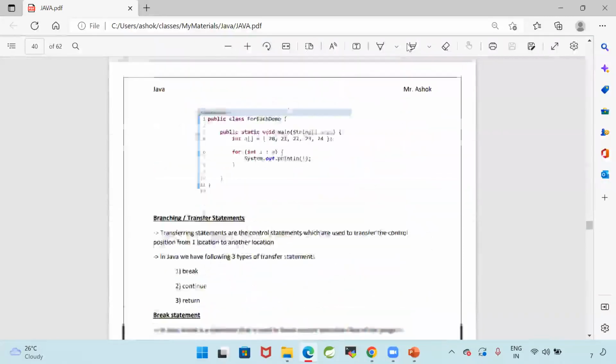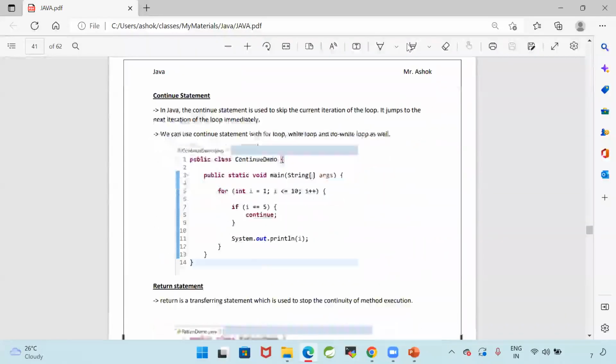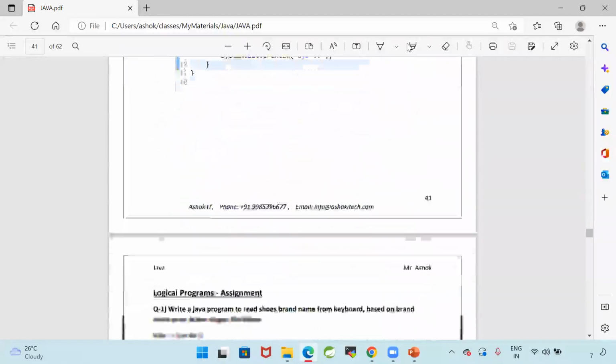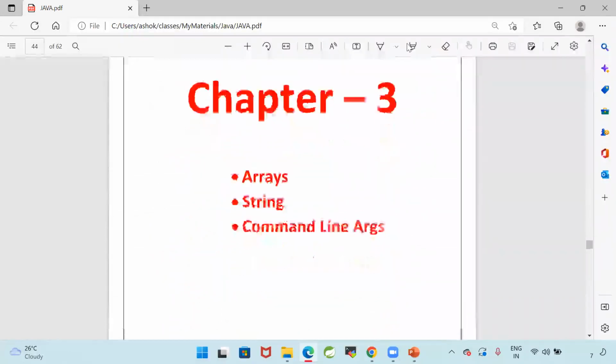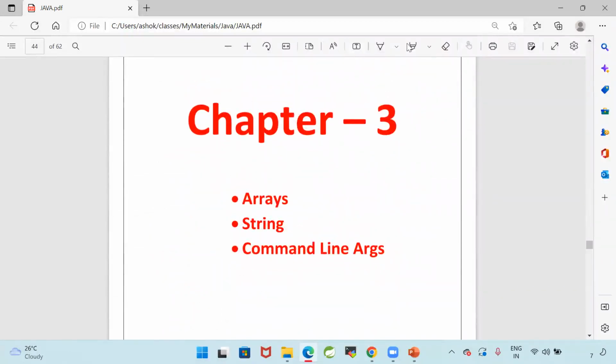After arrays and strings are completed, we will enter into OOPS concepts. So chapter 3 is related to arrays, strings, and command line arguments. Fourth chapter will be OOPS. Before starting OOPS, we should be comfortable with all the fundamentals of Java programming.